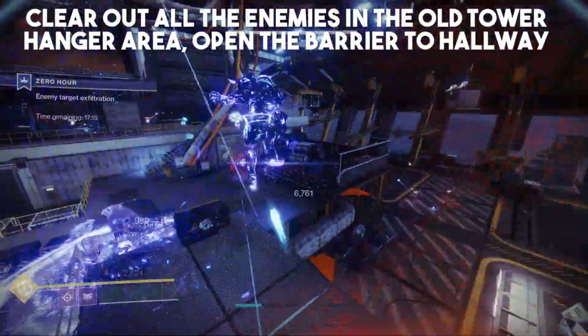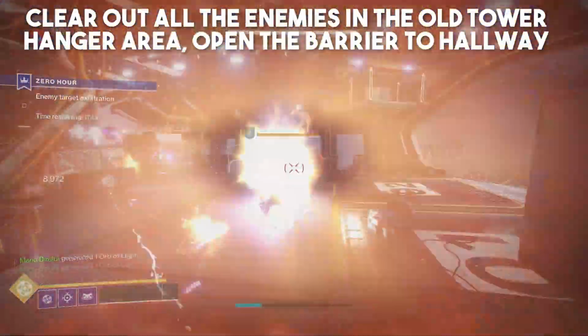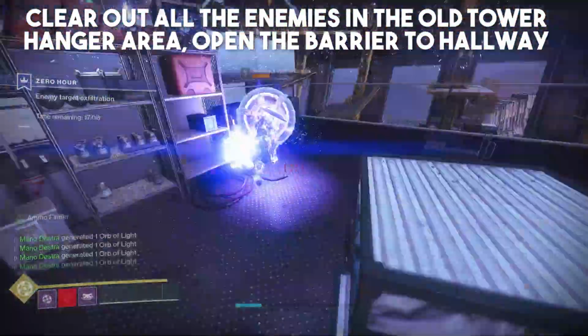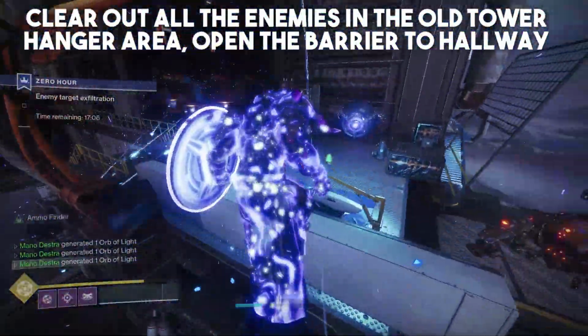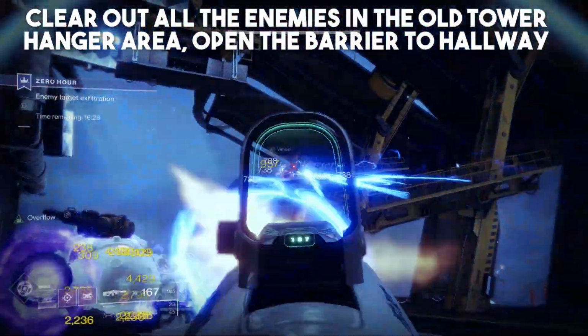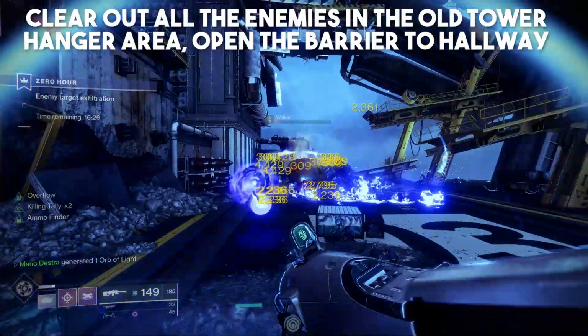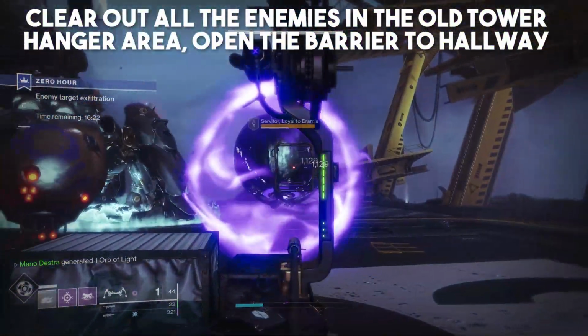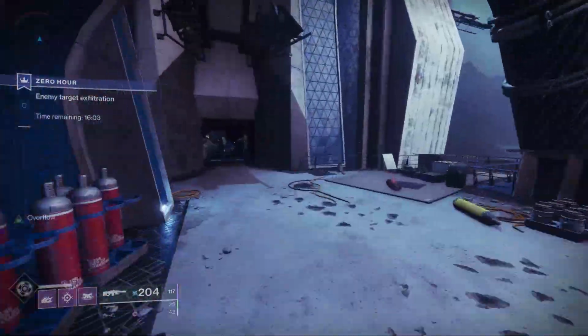There's going to be a lot of shanks, a lot of servitors, as well as a giant tank in the back. This is a great place to pop your super and to clear out all the enemies. One thing you have to do is you do need to take some chances, pop a lot of shields. There will be a lot of solar and void shields, so bringing weapons to take these guys down is a really good idea. Once you've killed all of those enemies, you'll follow the path that you see here on screen